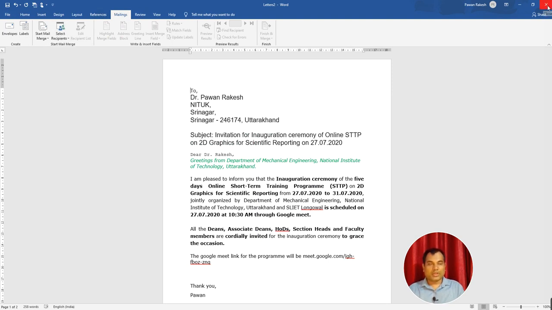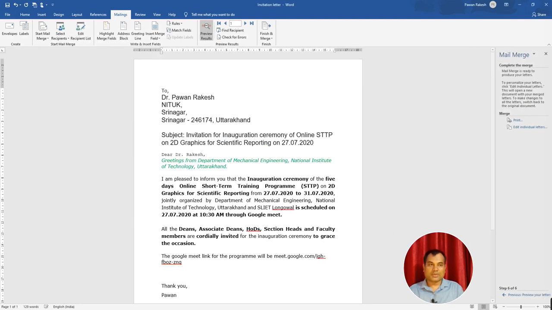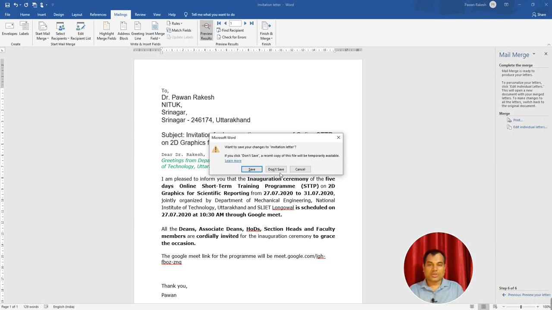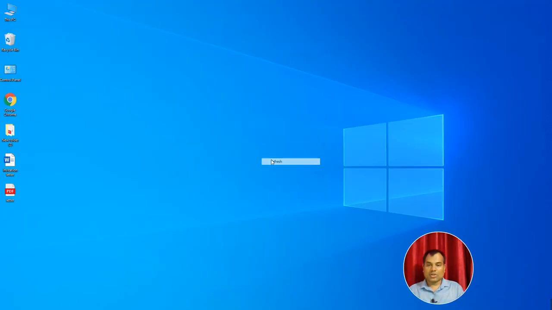So now I want to send an email to different participants with the Gmail option. There is another option, we can send the email by Outlook. I have Gmail contacts, so I will send a letter by Gmail. So I just want to close it. I can close. They're asking to save your changes to the file. No, I don't want to save, so I will choose the Don't save option. I can click it. Don't save. I will not save anything. So it is closed now.